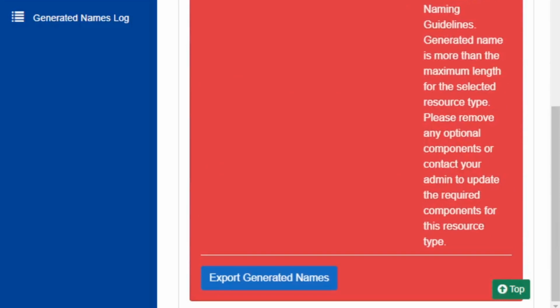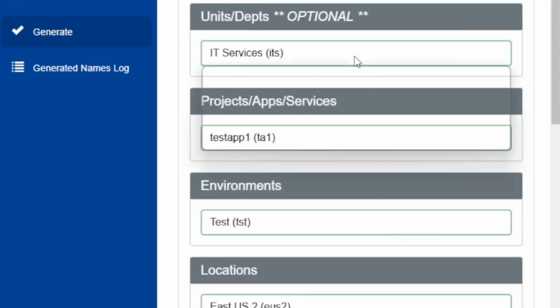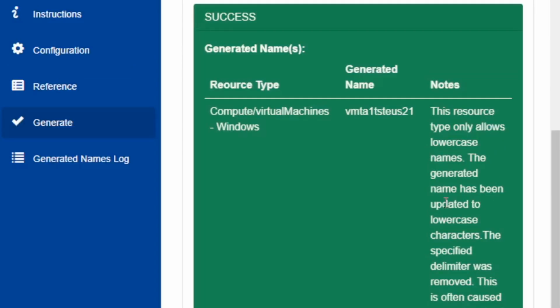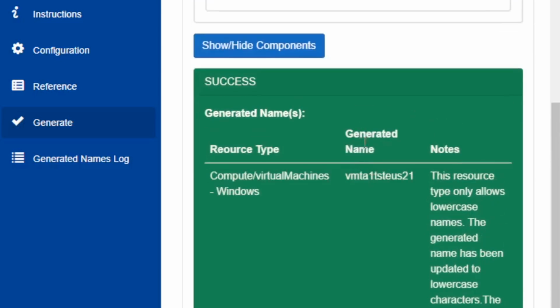we got a failure. Generated name is more than the maximum length of the selected resource type. Please remove the optional component. All right. So this one, I'm going to remove my optional component and then regenerate. Okay, success. So this is the name I was given. Generate a name, VM TA1